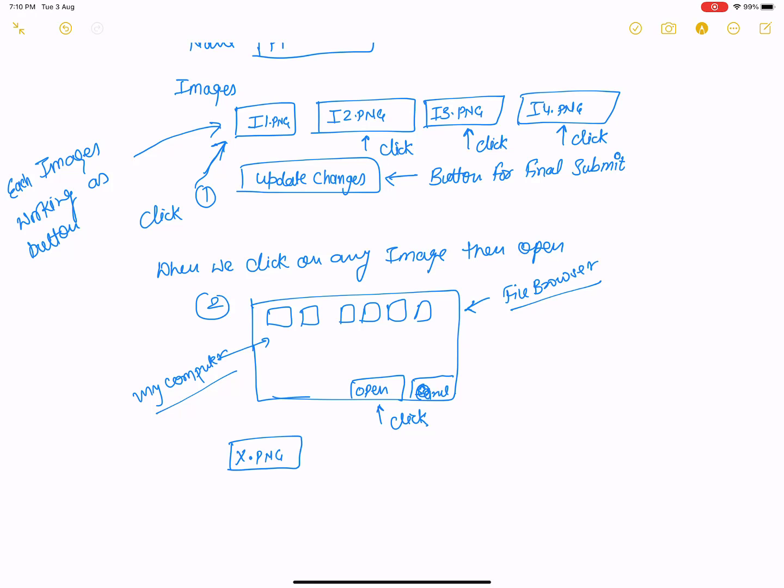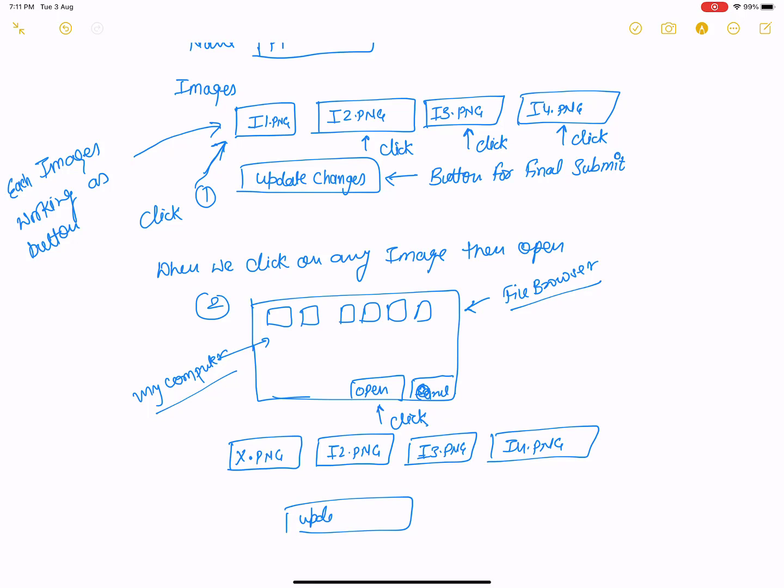Say the newly chosen image is x.png, and you want to replace it with i1.png. If you choose a new image whose name is x.png, the logic behind it is that the name x.png is replaced with i1.png.